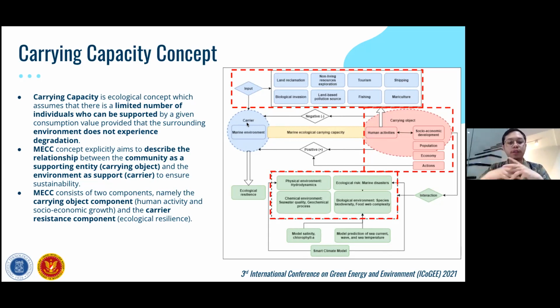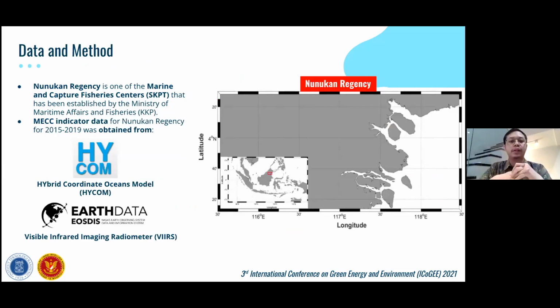The MCC consists of two components, namely the carrying object component, the human activity, and the carrier resistant component, the ecological resilience. And here's the data and method. Why did we choose the Nunukan regency? We know that in Nunukan regency, we have SKPT, which is marine and capture fishery centers in the frontier of Indonesia, the 3T area, and they're established by the Ministry of Maritime Affairs and Fisheries, and we use the data as indicators from the MCC that you have seen before